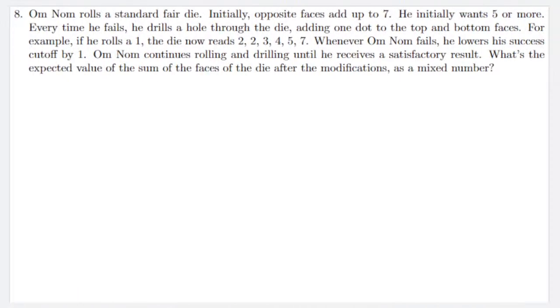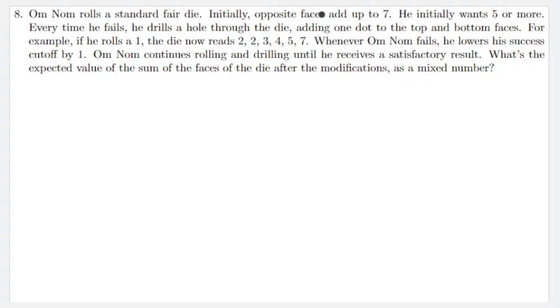All right, on to number 8. Okay, so this question was a bit wordy. Basically what the question is asking is, you're simulating dice rolls, and you'll continuously manipulate the numbers on the dice until you roll a favorable amount. And so the first thing to notice is that